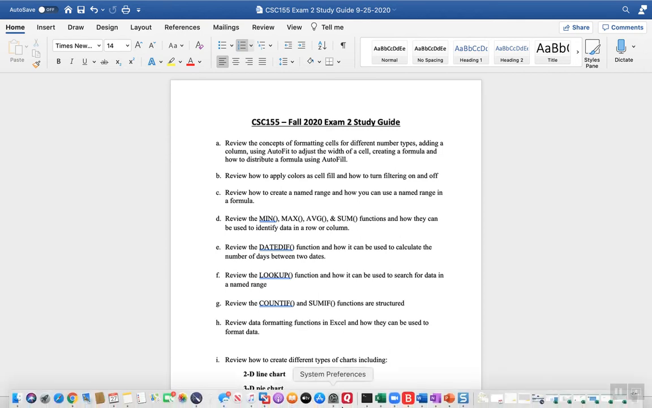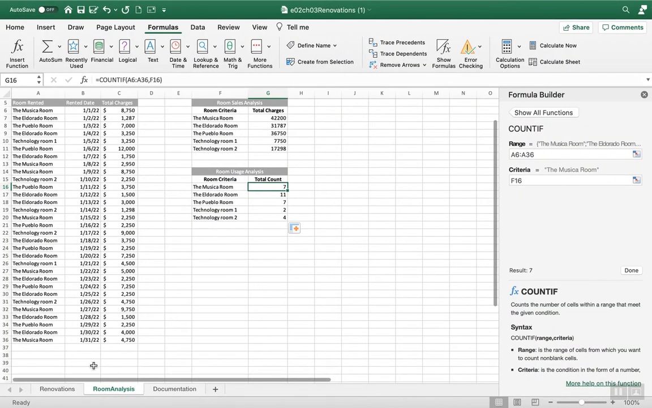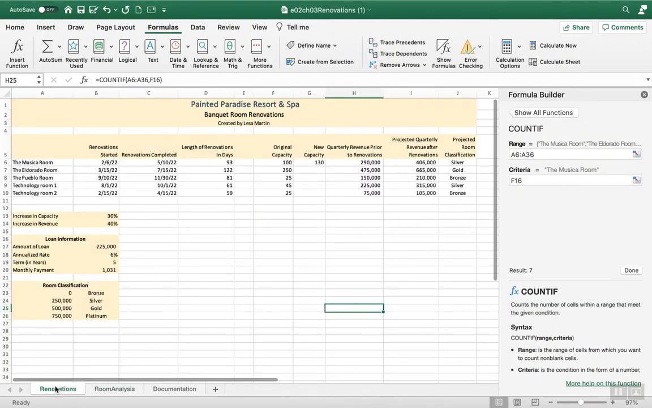Oh, something else I want to show you on this. Let me go back to this one right here. On number 2 on this problem here, there is a loan information, and one of the things they ask us to do in this is to do a calculation of what the loan payment will be. So they give us the amount of the loan, the annualized rate, the term in years, and then what the monthly payment will be. So what we can do is we come here,